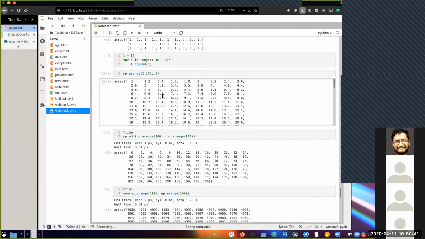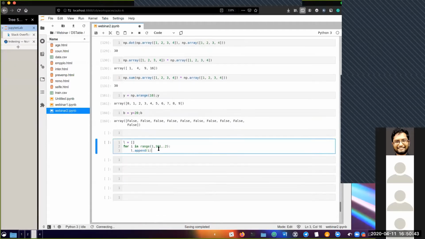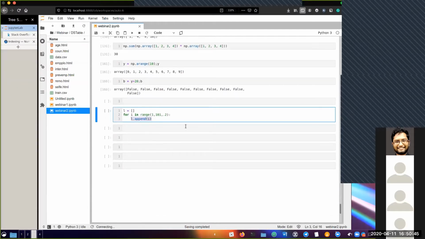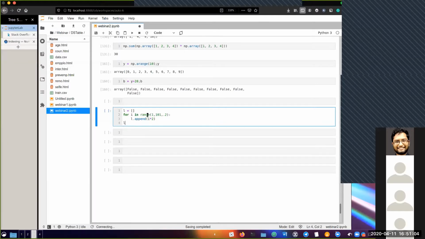I take my for loop here, I put it here. But instead of just making an array, I want to do something else. So I say I want to add the square of it. I know you can do the same thing with a range, but just as an example, suppose I want to add i square to L. So if I just do this, that's fine. It'll still give me a value.